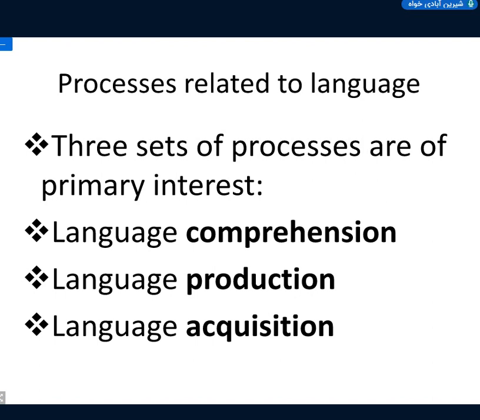Language production: how we construct an utterance from an idea. Now, it is the reverse of comprehension. In production, we have an idea, a meaning in our minds. The meaning is abstract and it is changed into vocabulary, into word structures, into speech or writing.